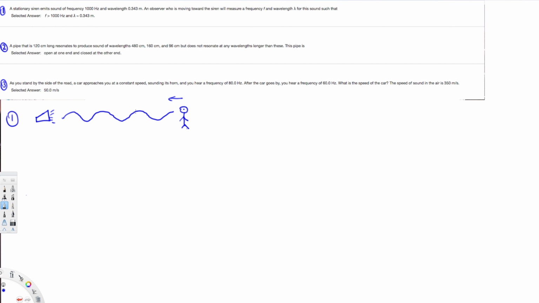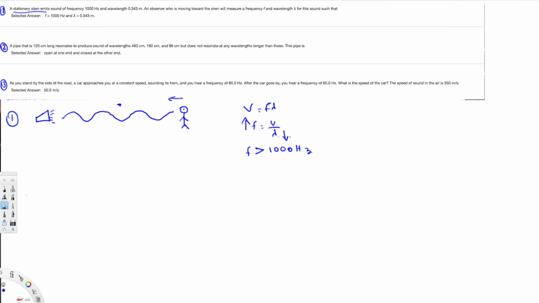As he moves toward this one, we know v is equal to f lambda. Therefore, f is equal to v over lambda. As he moves toward this one, what's going to happen to this wavelength? This wavelength is going to be decreasing. For example, if he reaches this point, all this will be eliminated, and only this distance, this wavelength, remains. So as wavelength gets lower, frequency will increase. So f is going to be greater than 1000 Hz as he moves towards this source,